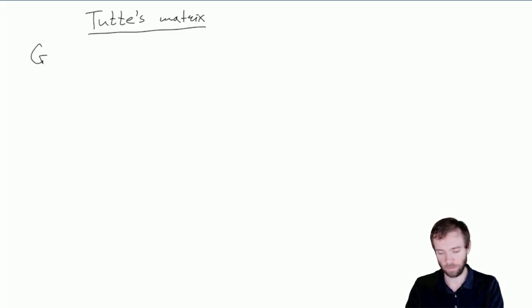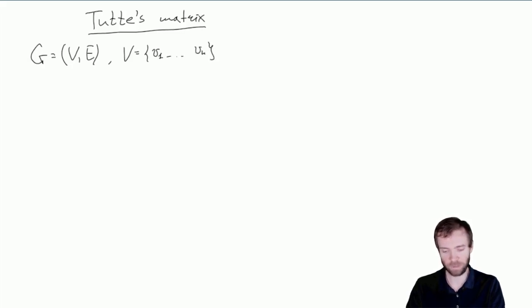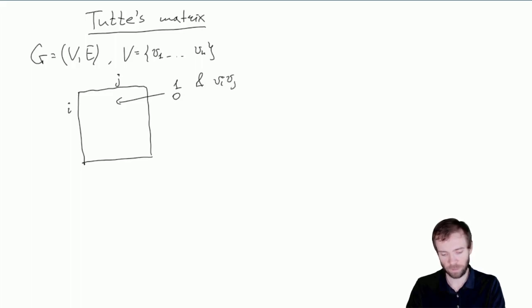now we assume that we have a graph G on n vertices. It no longer needs to be bipartite. And then the Tutte matrix for this graph is defined like this. In the adjacency matrix of this graph, at position ij, we would put 1 or 0 if vi is adjacent